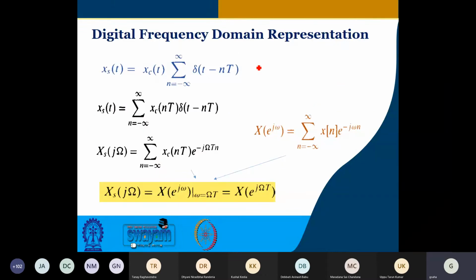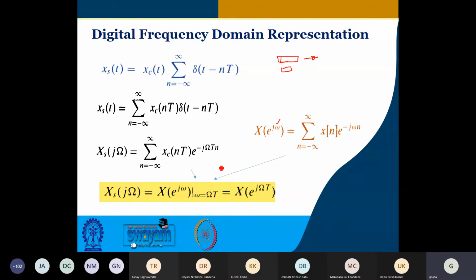Then we move to digital frequency domain representation. So in that case, we are representing it with omega. Once it is sampled and stored in the memory, we discussed it many times that it is now becoming a sequence, right? Time information is now notional. So it is only some data, some values that you are processing, a sequence of numbers that you are processing. Okay, so in that sense, the concept of time needs to be put again when you are converting it to time domain. Otherwise, whatever discrete time processing or digital signal processing that you are doing, time reference is not there.